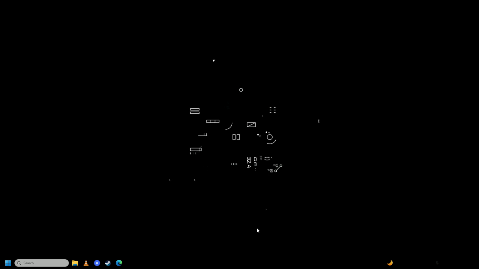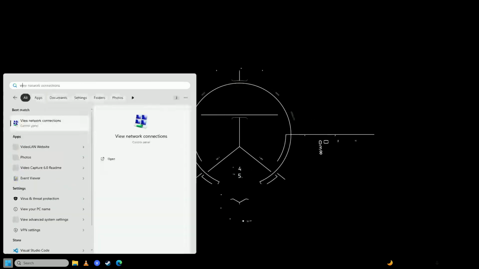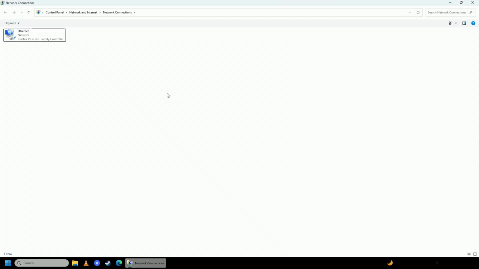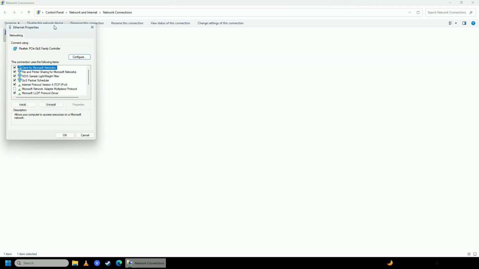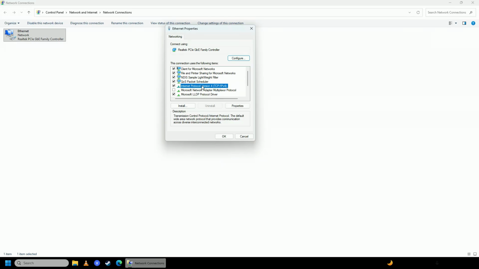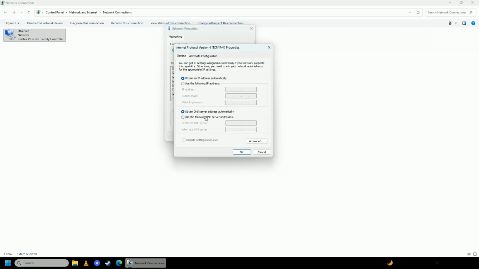The first solution is you're going to open up your start menu, you're going to right here view network connections, and then you're going to right click on your network connection. If you're on an Ethernet connection, you should have Ethernet, and if you're on a wireless connection, you should have WLAN. So just right click on your network connection, click properties, and then click on to Internet Protocol version 4, click properties, click use the following DNS server addresses, write on here 1.1.1.1, and in the alternate DNS you're going